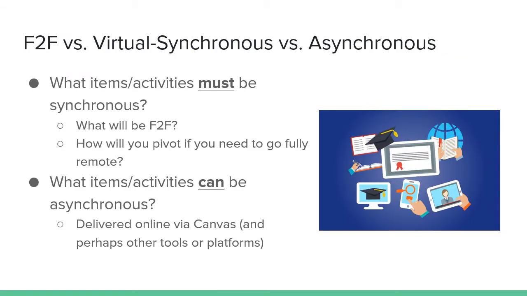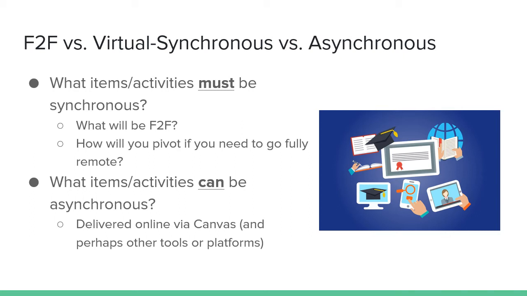One of the most important fundamental decisions you'll make has to do with what is going to happen synchronously in your course, what is going to happen asynchronously in your course. I have another video that I will share with you that will go into this in more detail, but at a very high level, you want to think about what has to happen face-to-face if that's available to you, and if it's not, then what has to happen via Zoom or Google Hangouts or some other sort of video conferencing that has to happen